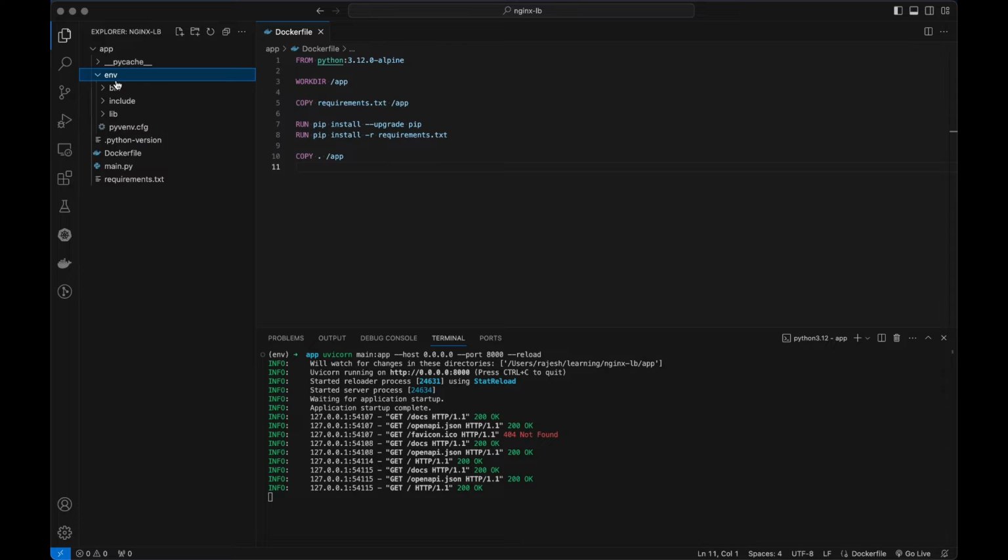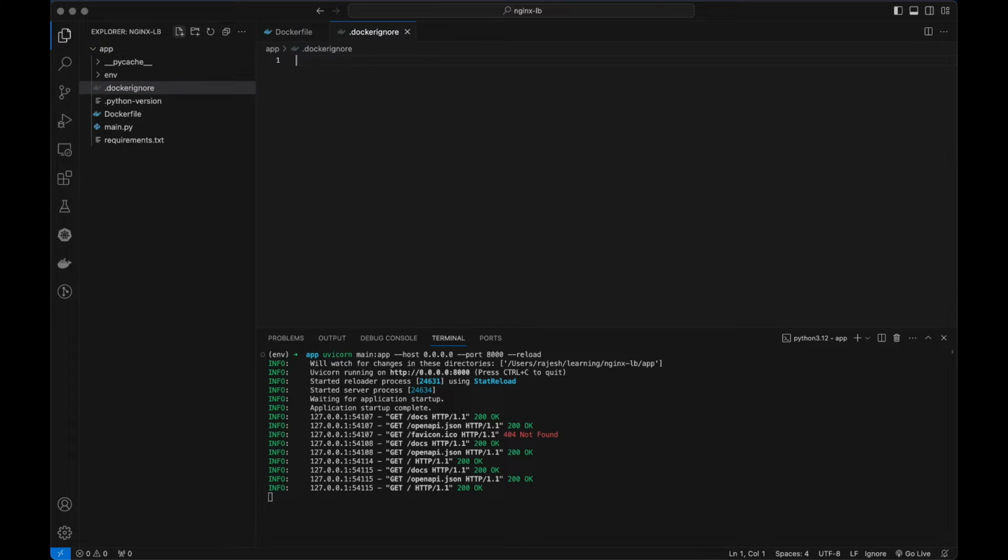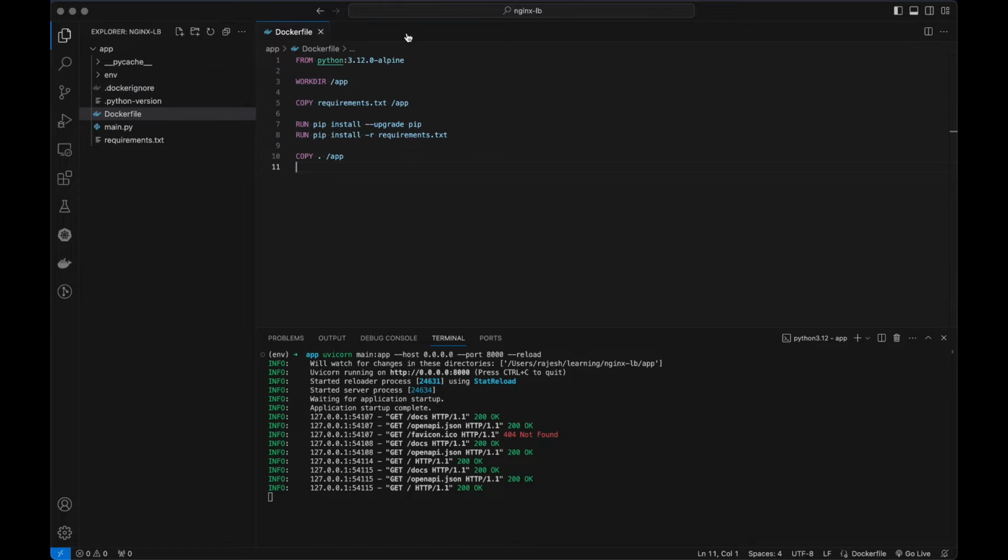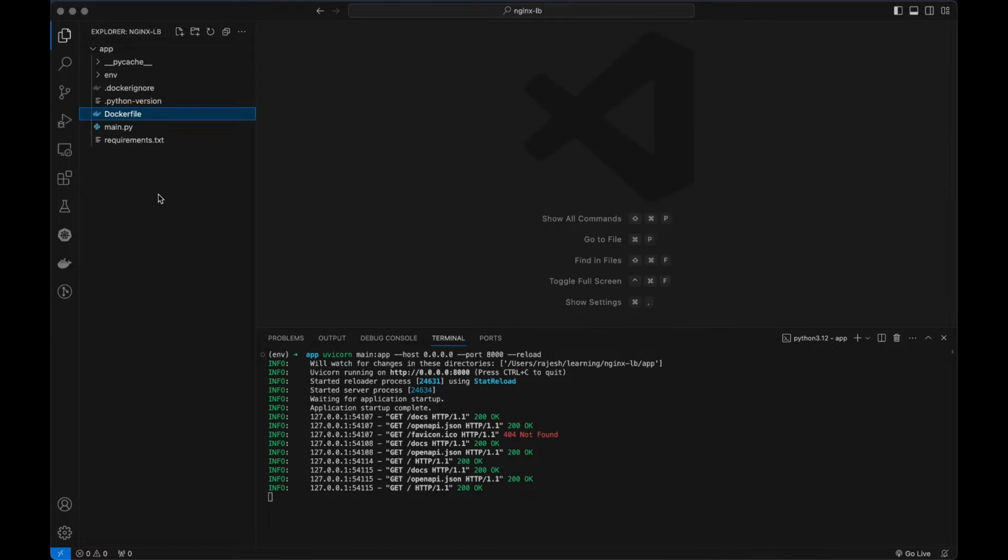Now we don't want our environment and PyCache folder to be copied to our Docker. So what we can do is create a Docker ignore file. And we can write this thing, env. So once we have our Docker file ready, what we can do